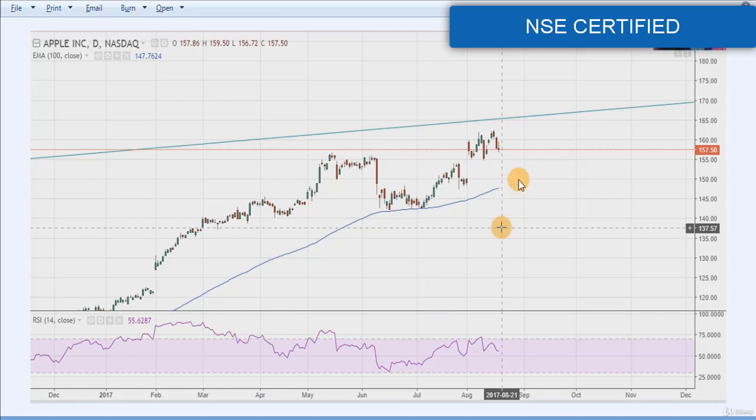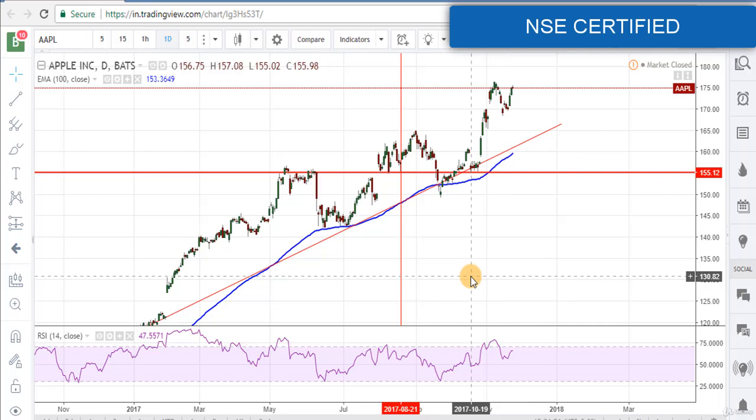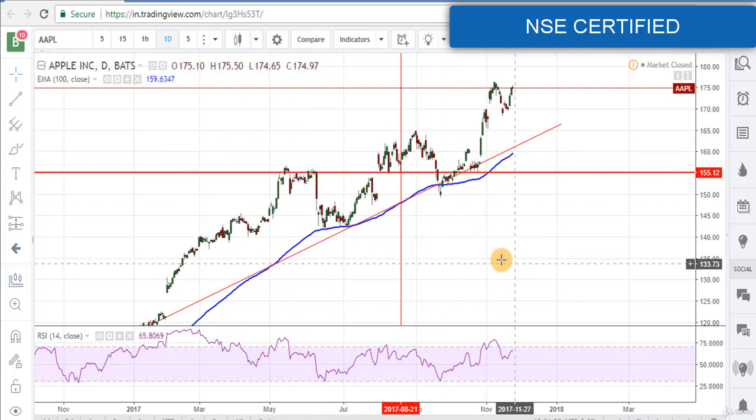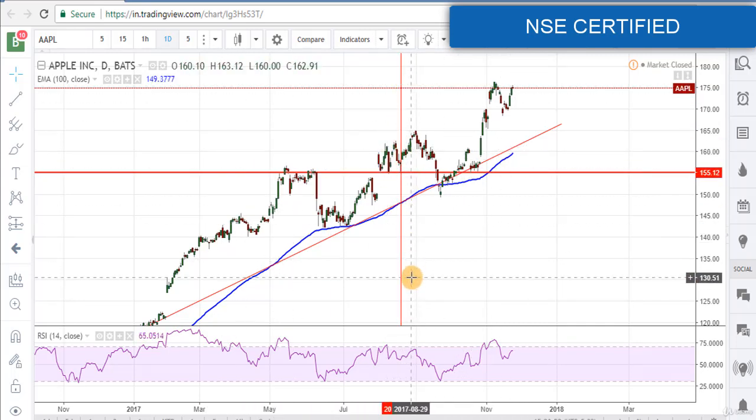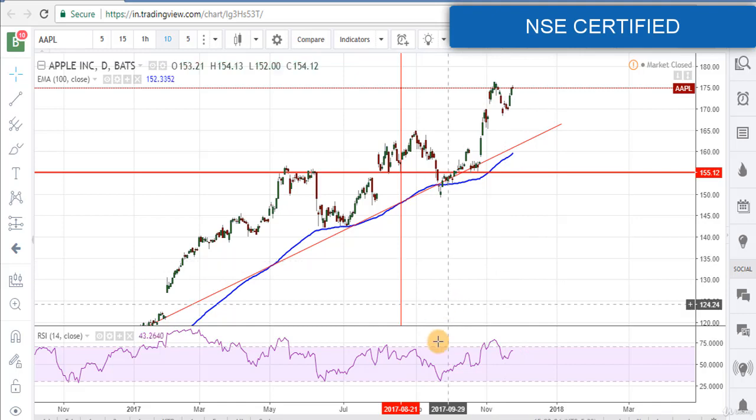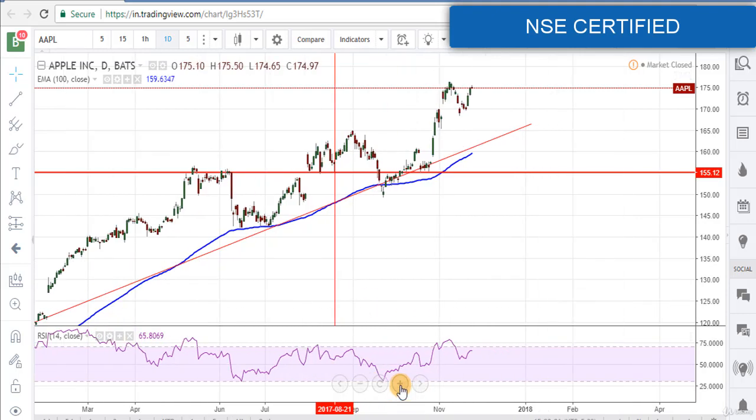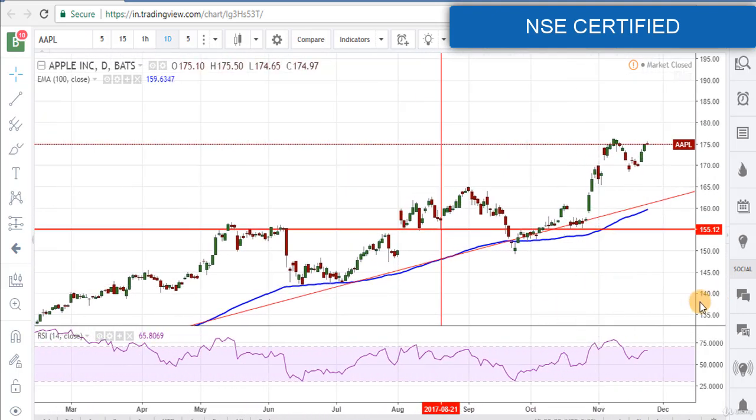This was our last chart. This was the chart and this was the in-between position, as the stock is moving near its resistance line. This was the resistance line. Now we will analyze the current position of the chart. This is the Apple Incorporation chart and this was our last position on 21st of August. Let me zoom in on the chart and now we will analyze the situation.